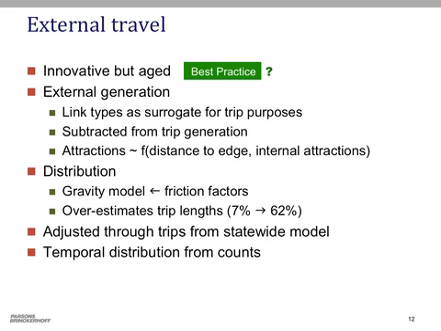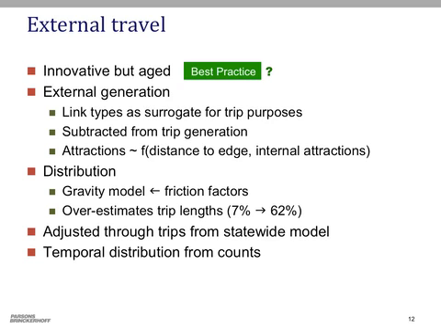They use link types as a surrogate for trip purpose, and they have 4 types: freeways, major arterials, minor arterials, and rural collectors. On the production side, they use a count at each of these external stations, which they take out of trip generation, and the attractions are a function of the distance from the edge of the network to the internal zones, and of course the internal